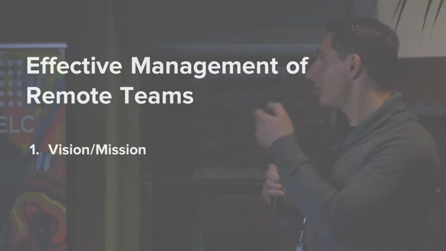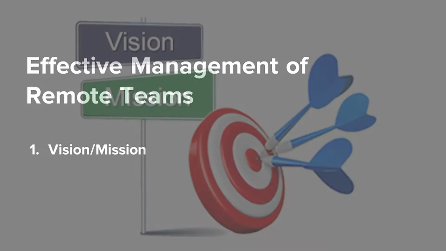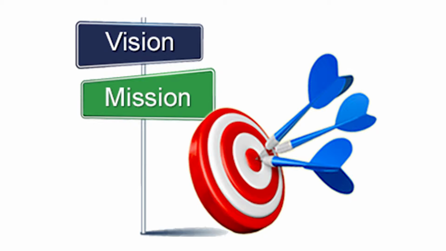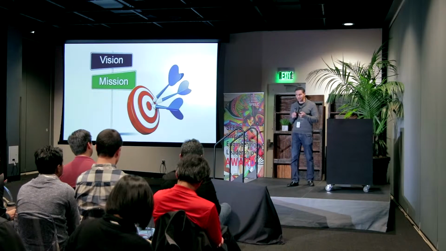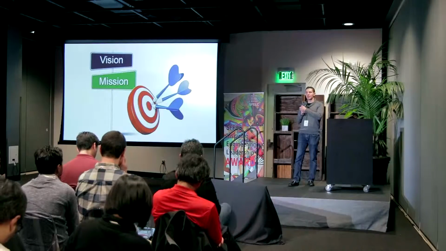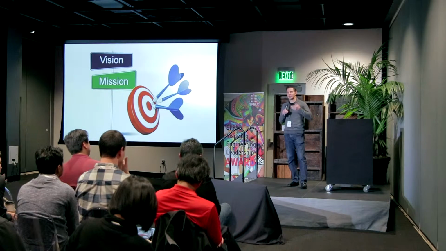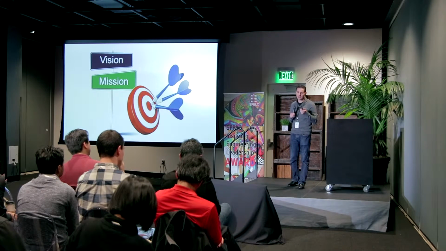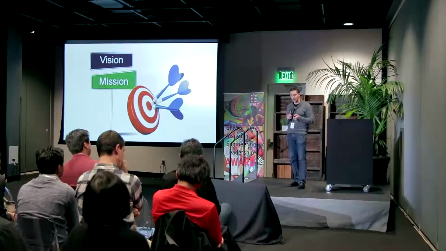So the other thing that I wanted to talk about, and I alluded to this earlier, is that if you're going to have a successful distributed team, you want to have a clear mission and a clear vision. So a vision is basically something that you want the organization to become. And an example of that would be something like, at least for Houzz, being the best place for home design, right? That's kind of an aspirational statement that you can get everybody within the company to rally around.